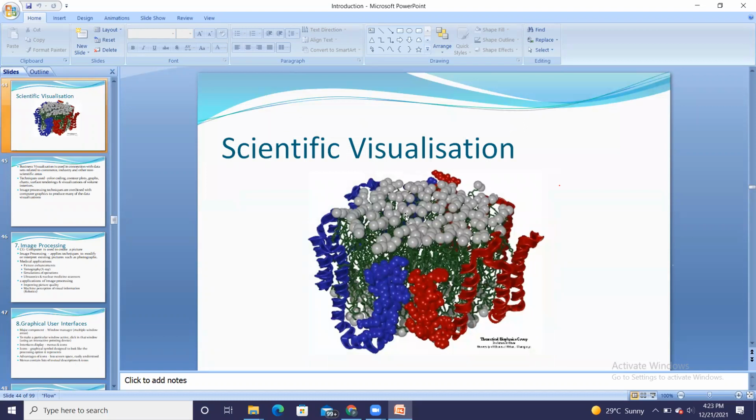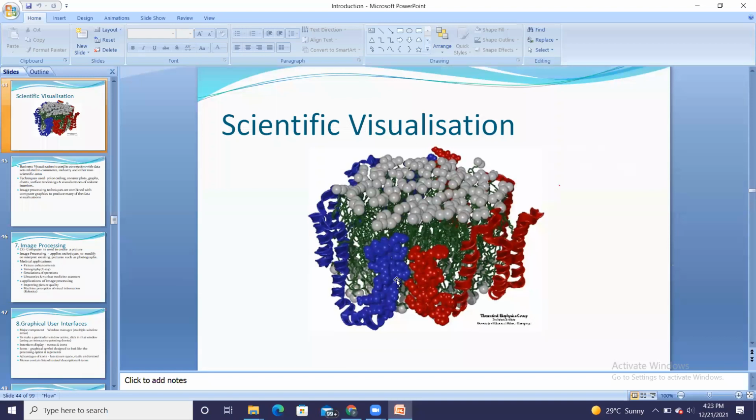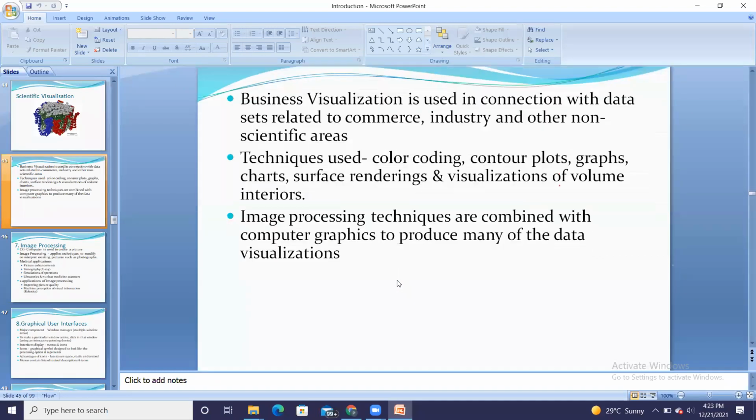Classification and clustering, all of them can be done by using computer graphics. We can use it for business visualization also, for drawing graphs and charts. And similarly, image processing is also dealt with, mainly in medical fields.